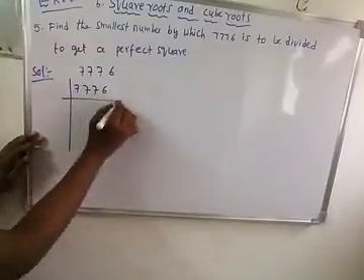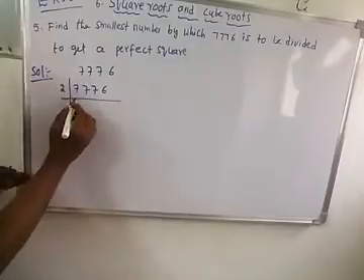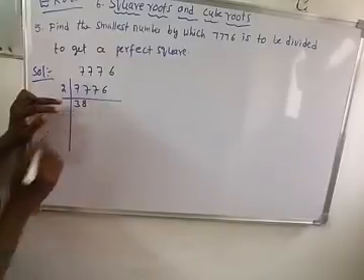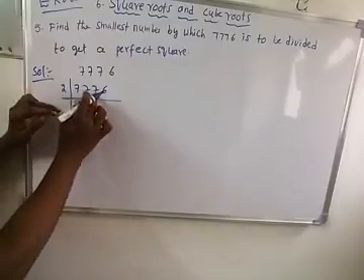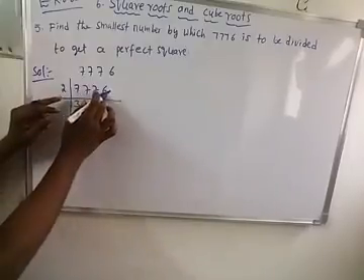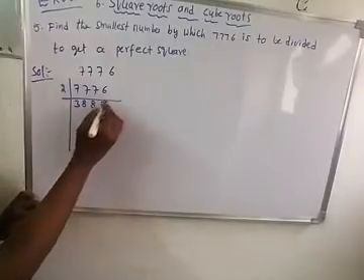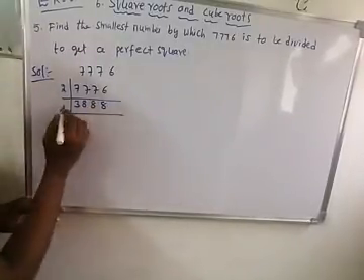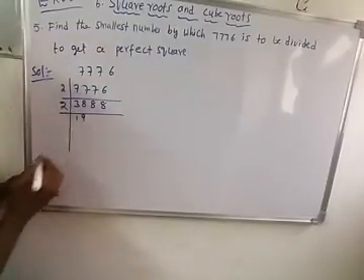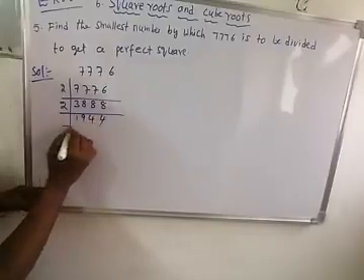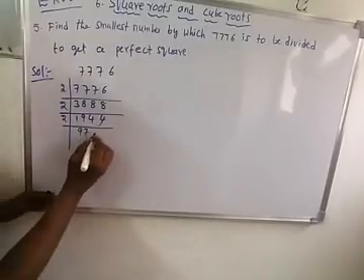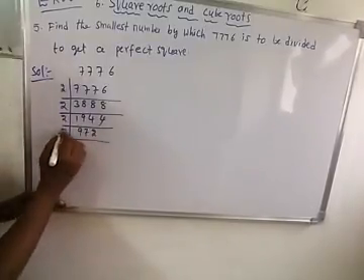7776. First of all this will go to the 2 table: 2 3s are 6, 1 remaining, 17. Now 2 8s are 16, 1 remaining, 17, and again this will go to 2. 2 8s are 16, 1 remaining, again 2 8s, and also 2 9s, 2 4s, 2 4s, and also 2 9s are 18, 1 remaining, 2 7s are 14, 2 2s are 4, and again this will go to